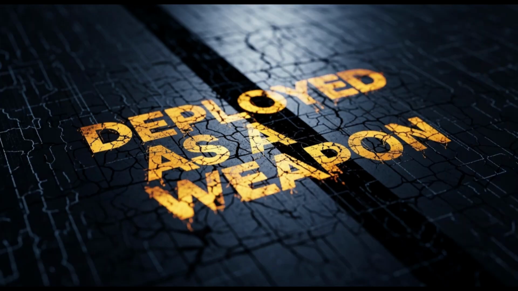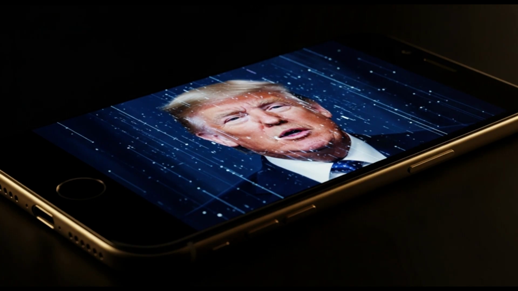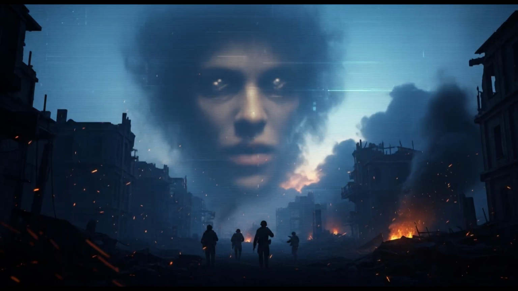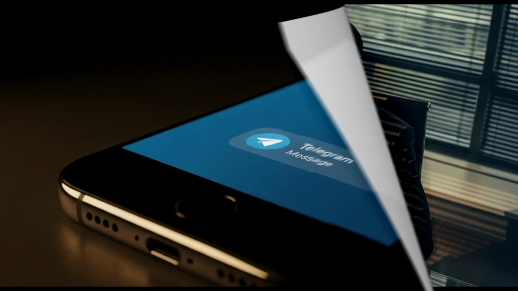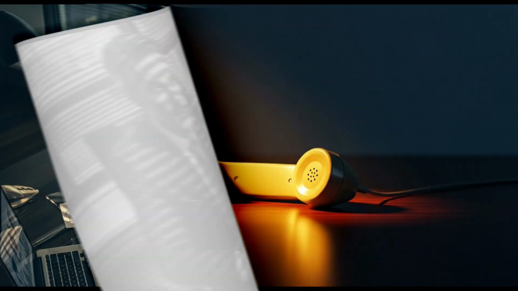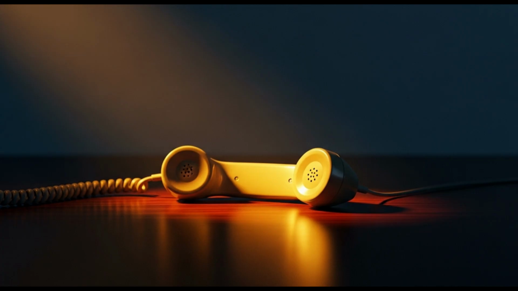Now you might think, people have been editing videos for decades. What makes this different? The difference is the level of realism and the accessibility. Traditional video editing required studios, expensive software, skilled professionals, and hours of work. A deepfake can now be created by a single person sitting at a laptop using free tools in under an hour. That shift is everything.